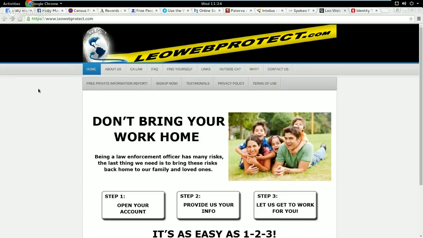As you can imagine, people in law enforcement have lots of fans with less than stellar intentions, especially these days. The law enforcement people and their families themselves are both at risk. Leo Web Protect helps dramatically reduce that footprint so that